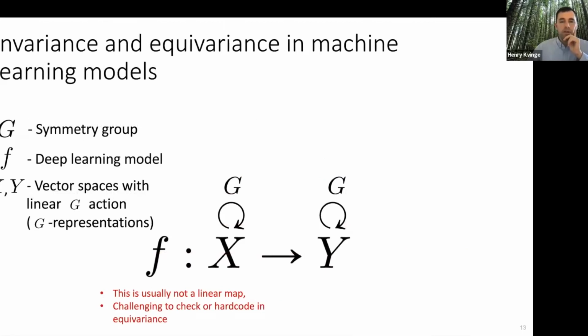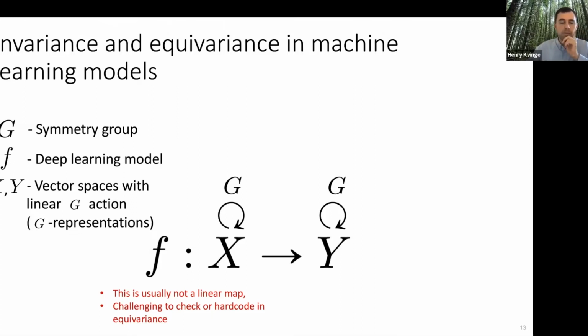So we can start to break this down and think about this a little more mathematically. So I have some group. Not all of these invariances correspond to a group, but that's the case we'll cover today. And I have a model F that takes input in X and gives output in Y. A group acts on both these input and output spaces. Maybe that action is trivial on Y if you want invariance. And you would want to ask certain things about this function. So is this an equivariant function?